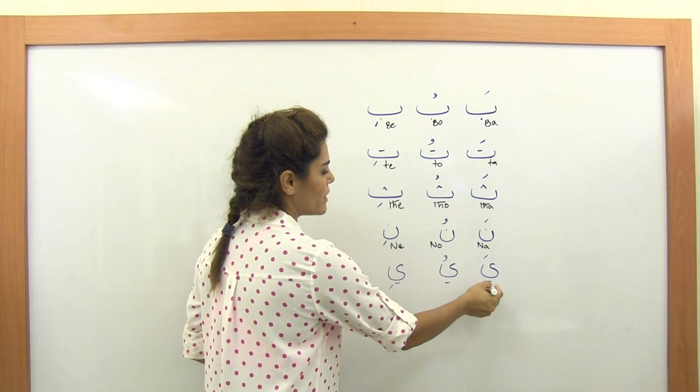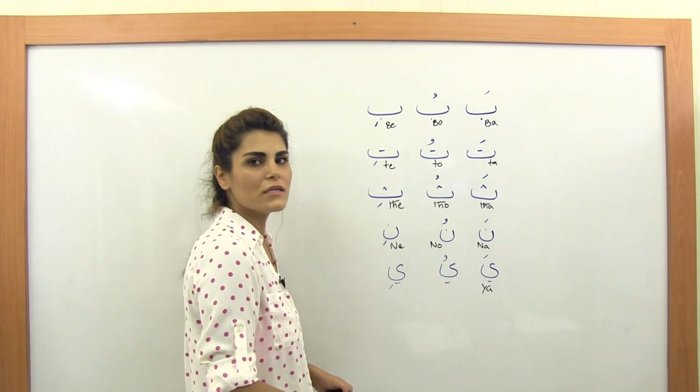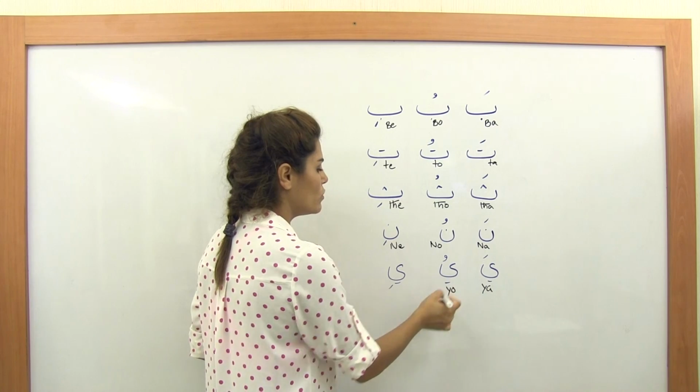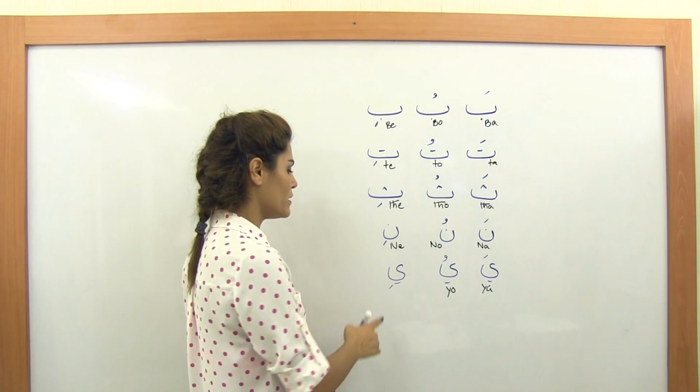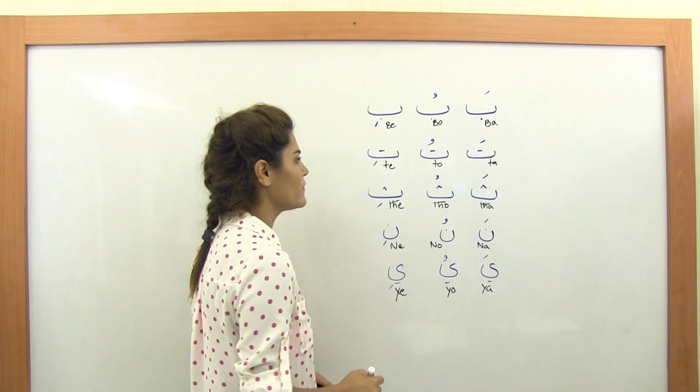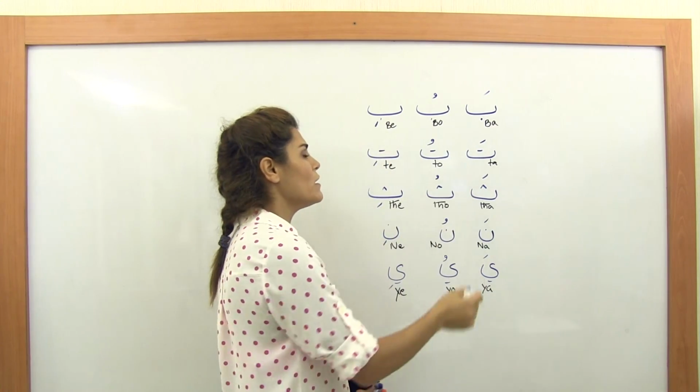Ya with fatha is ya. Ya with damme is yu. And ya with kasra is yi. As you see,